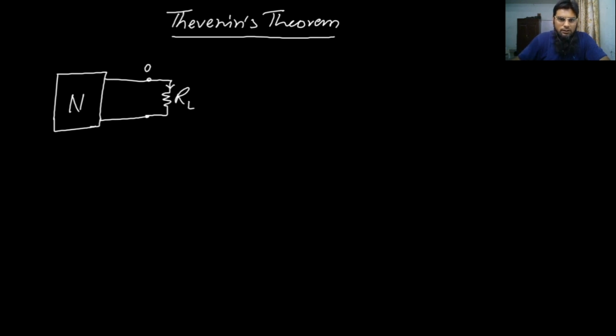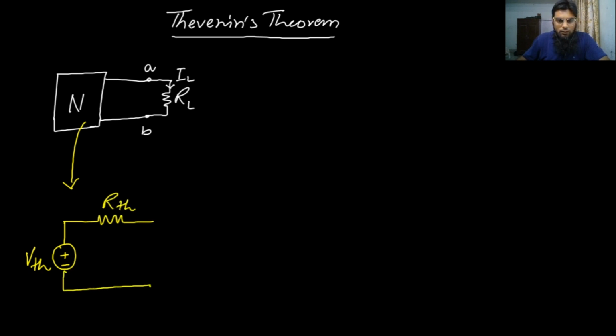Let us now name the terminals. These are the terminals AB, and we need to find a response, for example the current through this resistance RL, which is the load resistance. Thevenin's theorem states that we can replace this very complex network by a voltage source VTH in series with a resistance RTH,